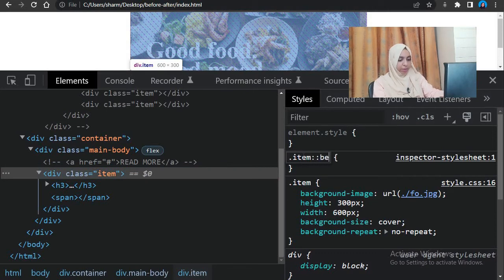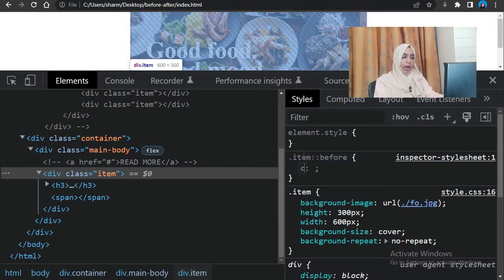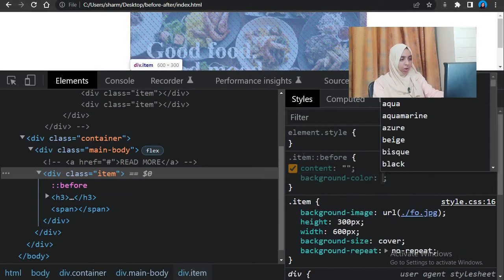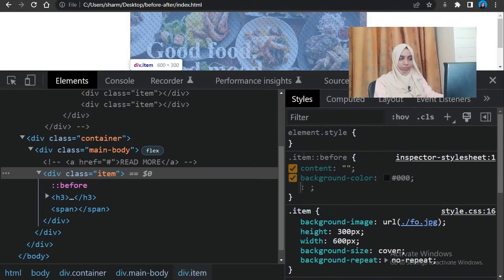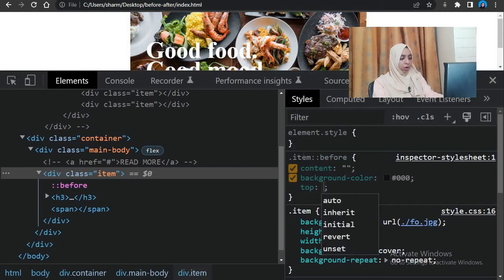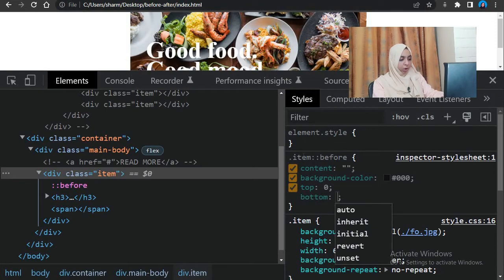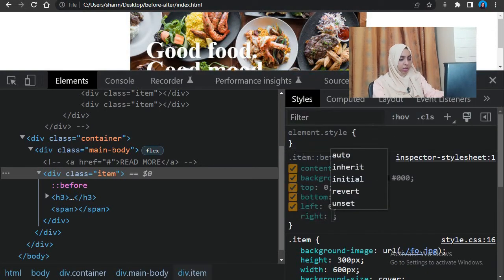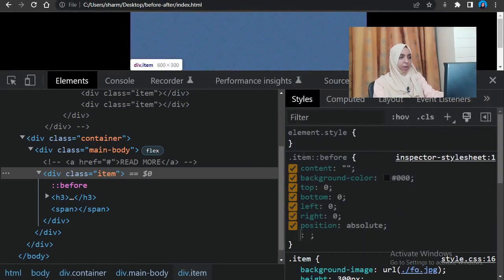You can use any of them. So before over here, and we say the content empty. We want a background color of black. Alright, and we want it to be from top 0, bottom 0, left 0 and right 0, and position absolute.